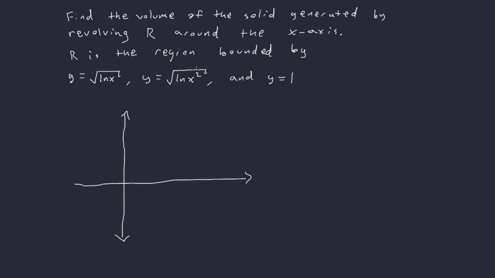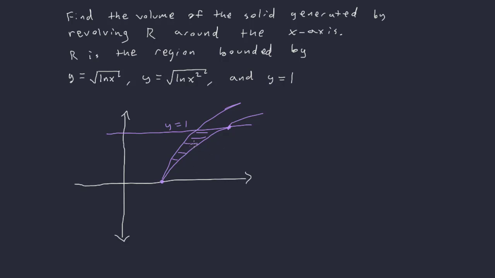just looking at this, it looks pretty horrible, right? So here's y equals 1, and the square root of ln x would look something like this, I'm guessing, and the other one might look something like this. Okay, so we're talking about this region here that we want to revolve around the x-axis, and it kind of